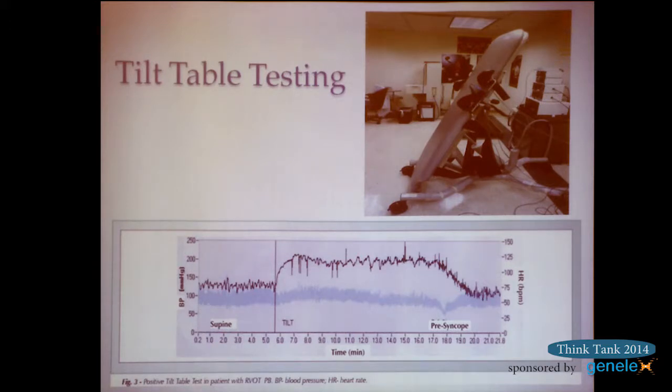I'll say that most of my patients do not need this. I have plenty of data to look at in terms of their orthostatic blood pressures and heart rates in my clinic to really make a determination that they have POTS indeed. They have symptoms of orthostatic intolerance, and there are treatment plans instituted based on that data. But sometimes this does come into play at certain times.